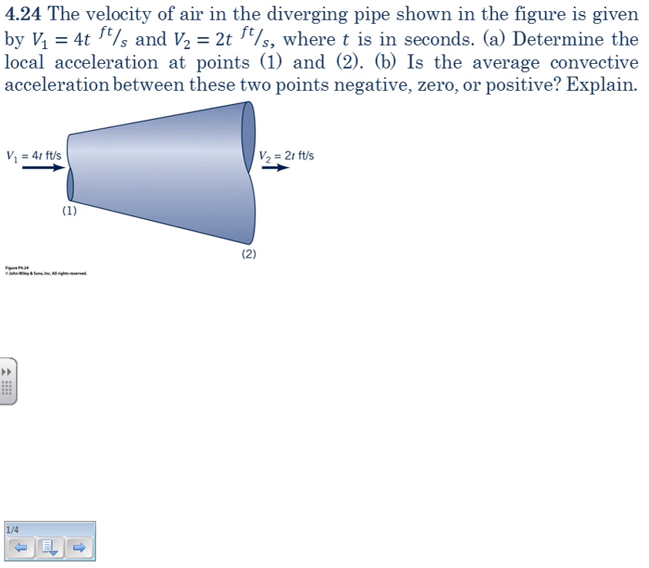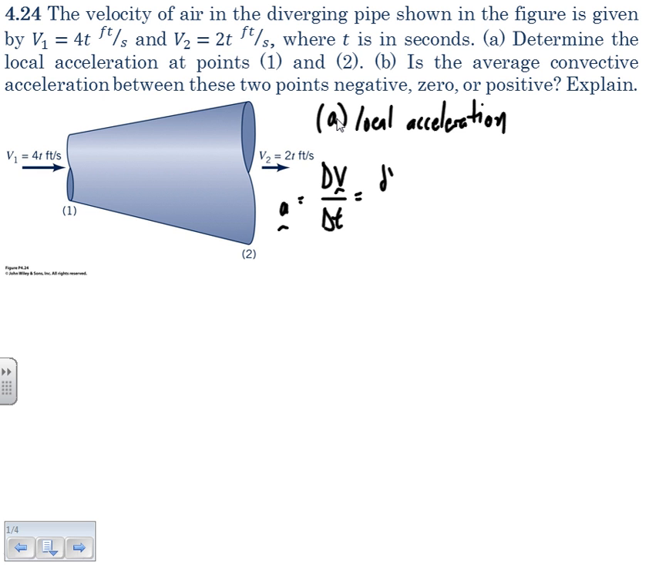Okay, so we'll start off with part A. And part A just says, what is the local acceleration? Okay, so we must remember that for the acceleration in our Eulerian description, we need to think about the material or substantial derivative, which says the acceleration is equal to the change of velocity with respect to time,